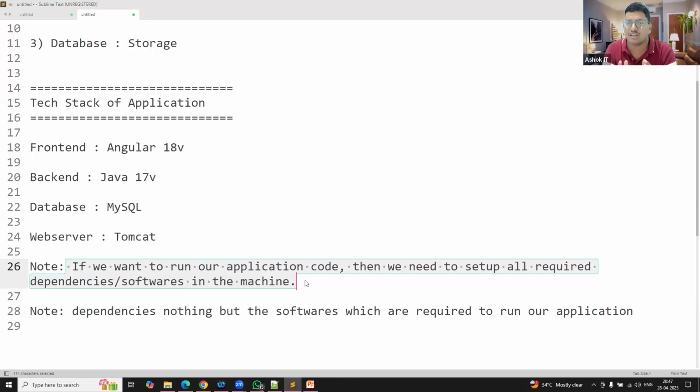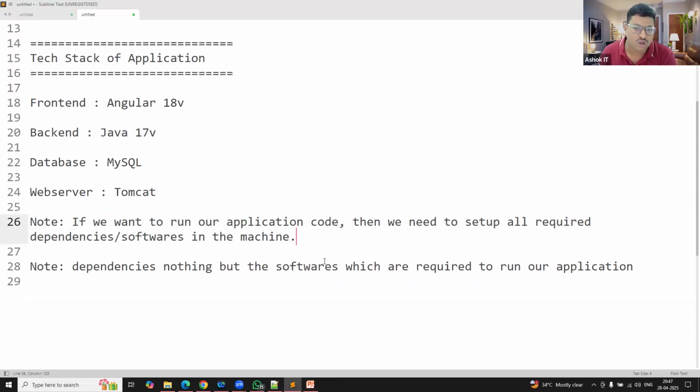In that Linux machine, I need to install Angular software to run the front end. I need to install Java software to run the back end. I need to install database for storage. I need to install server for the project execution. So in order to run our application code, we need to set up all the required